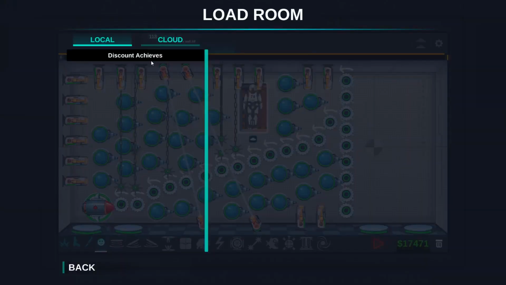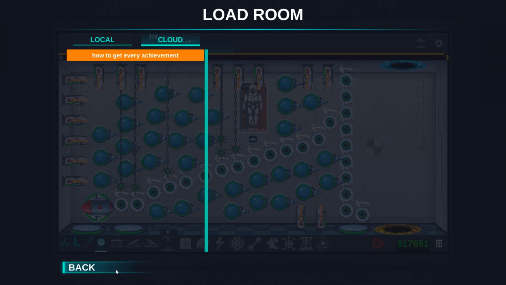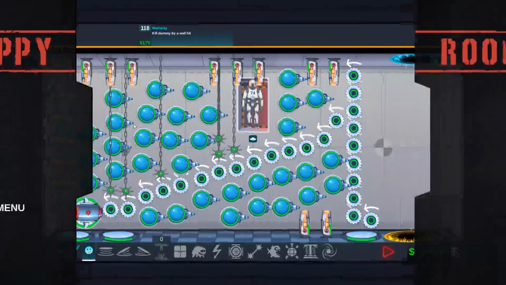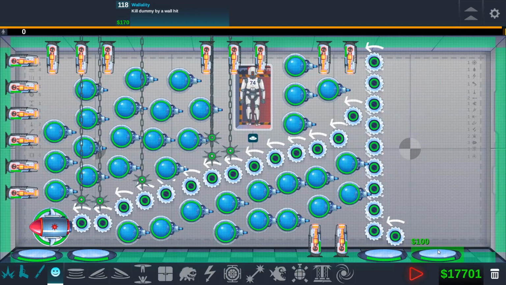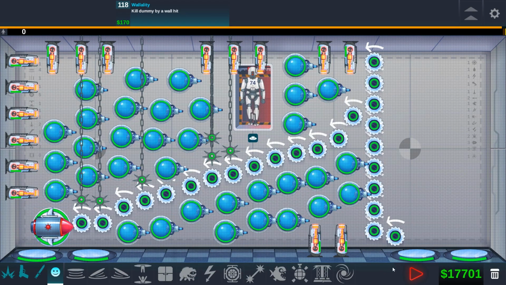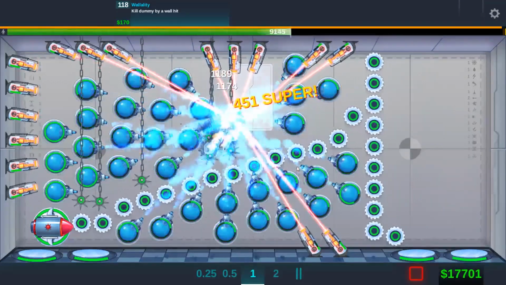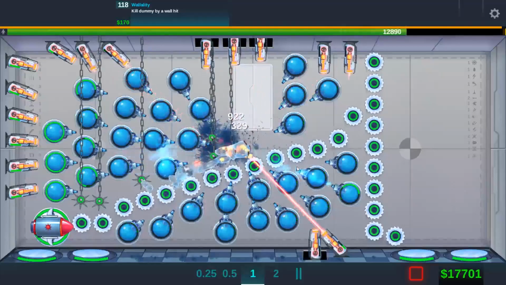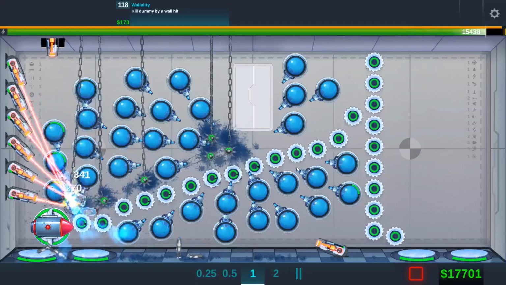Let's try that. Let's load the room. So this needs to go. We need wall hits. I'm once again going to shift these as such. This needs to be rotated. Or does it? Maybe we're supposed to leave the rocket as is. Oh, maybe that is accurate for the...